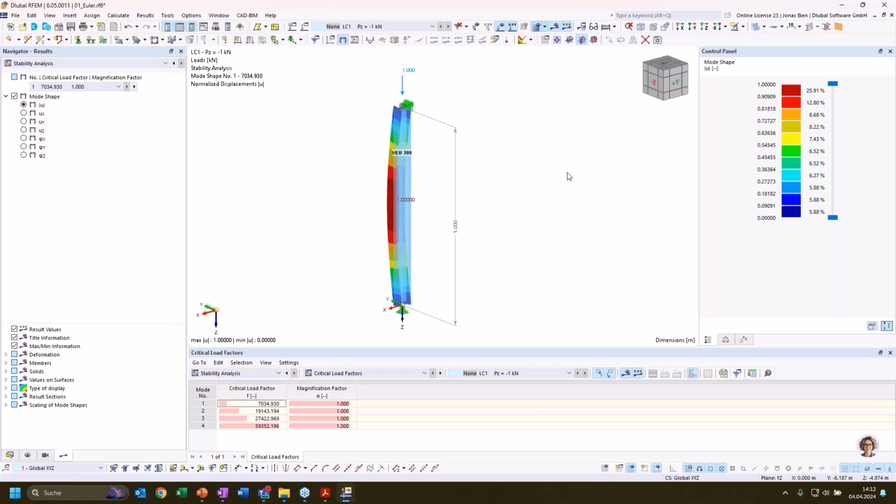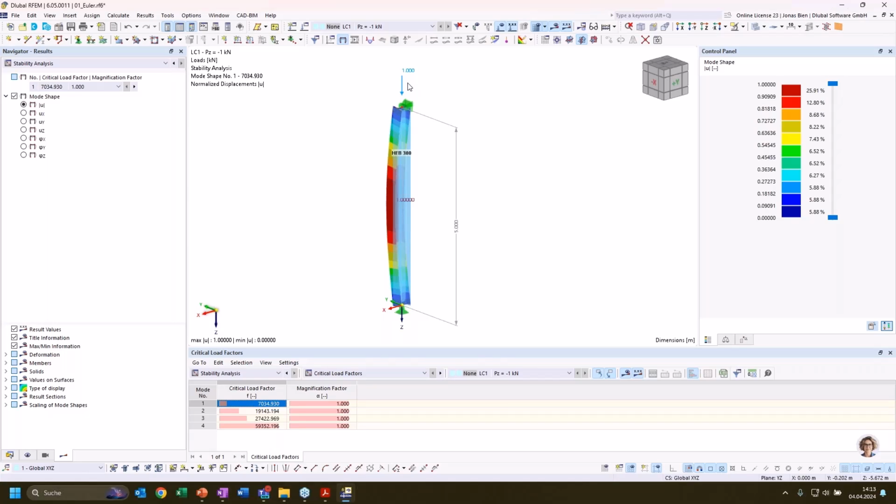Okay, so what do we see here? First of all, we get a drop-down menu here in the upper left corner, and also in the table we can see that we have these 4 mode shapes calculated with a respective critical load factor. This represents the factor which I can multiply the external load with until my system would